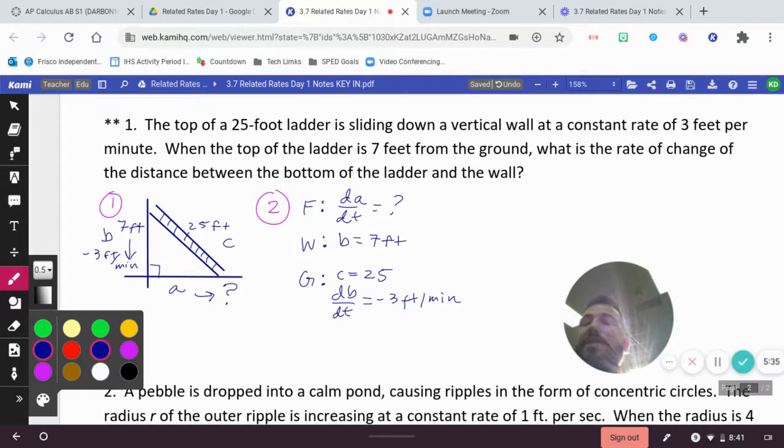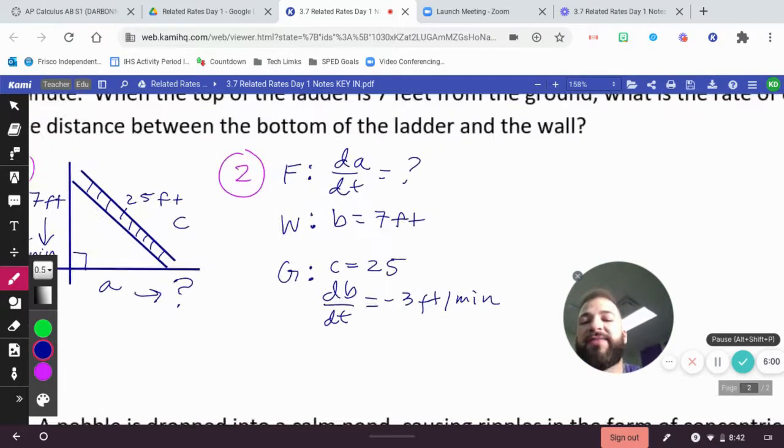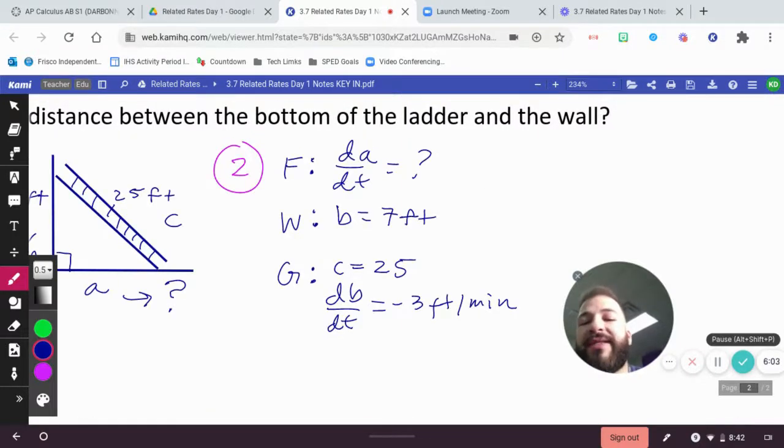I have B, I have C, but I don't have the length of side A. And it is a right triangle. And not just any right triangle, but it is a Pythagorean triple. Sorry, getting my math terms mixed up. This specific Pythagorean triple is 7, 24, 25. So I could find that last side A as my Pythagorean triple. So A is equal to